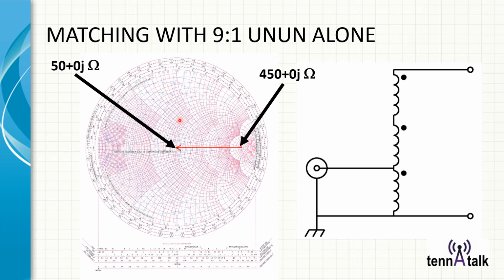How do you do that? You can do that with an UNUN alone. So you look at 450 divided by 50 and realize that's 9-to-1. Well, guess what? Then I need a 9-to-1 UNUN to down convert the resistance here down to